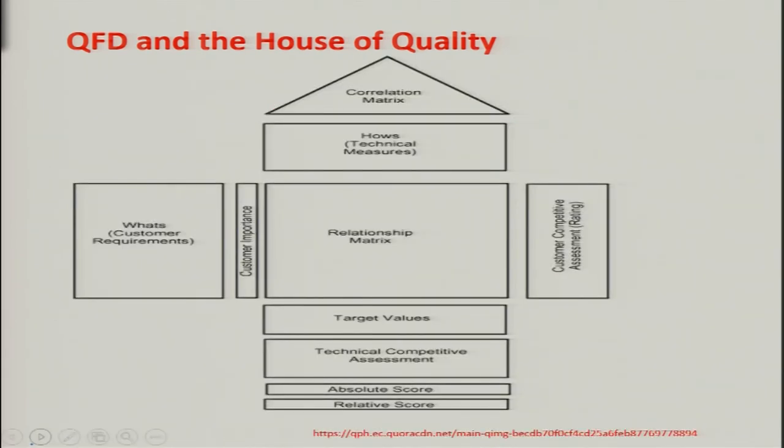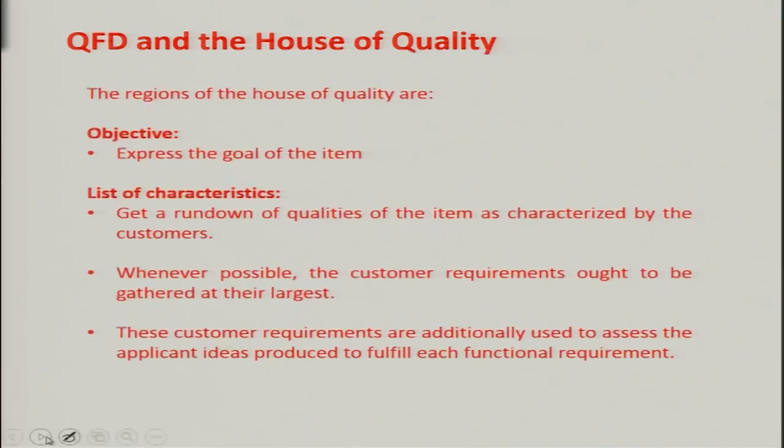Now, what is a QFD matrix? This is the house of quality. It has certain rooms here. This is room 1, I would say, room 2, 3, 4, 5, 6, 7, 8 and 9. There are 9 rooms in this house, and this is the rooftop. What are these rooms? What are the customer requirements, importance ratings, correlation metrics? What are the house and relationship metrics? I have discussions on these various regions of the house of quality.